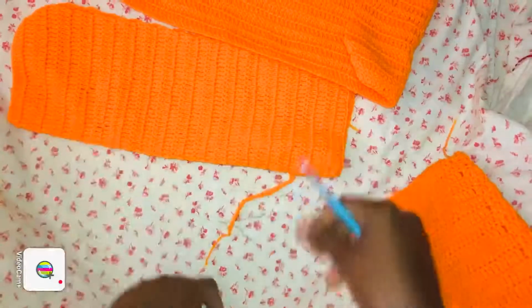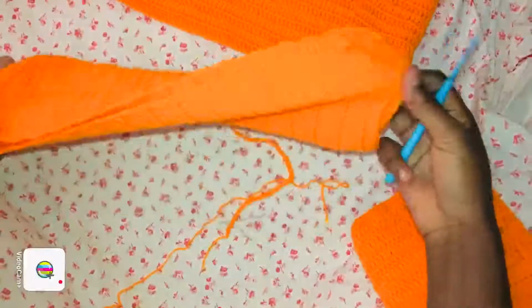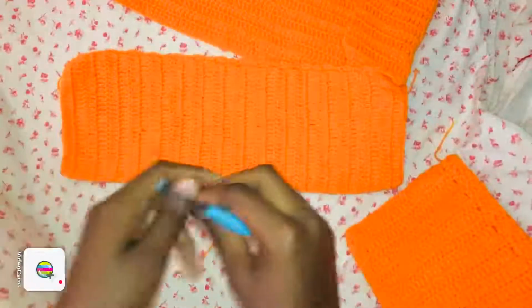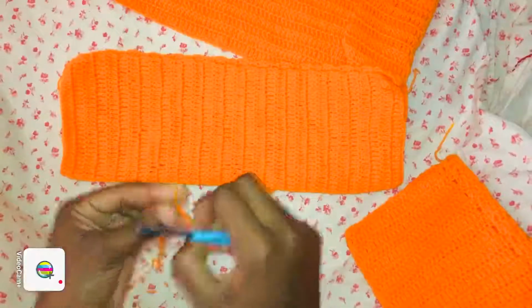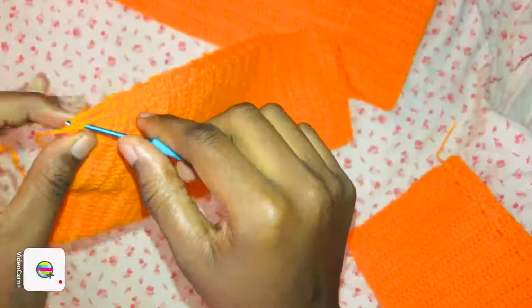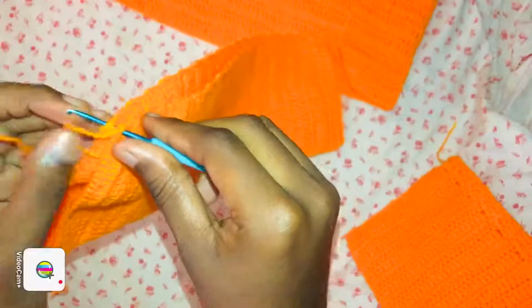So guys, I'm back with mine. This is what I made. So you're just going to put it like that, and we're just going to bind the two together. We're just going to seal off this part with either slip stitches or single crochets. So attach the two together like that